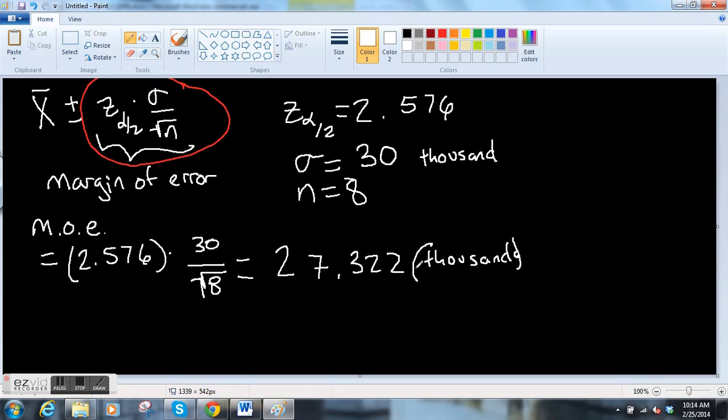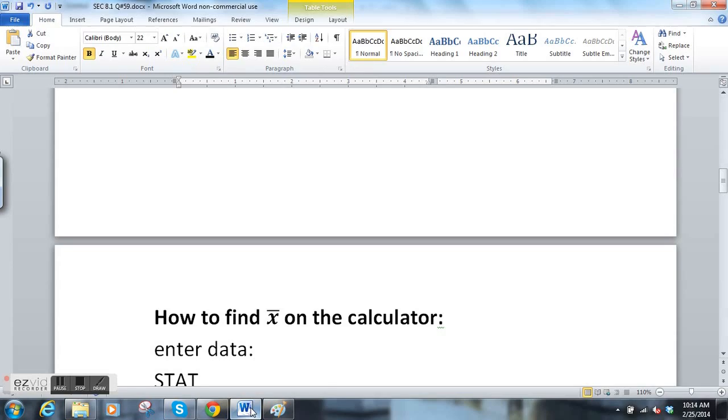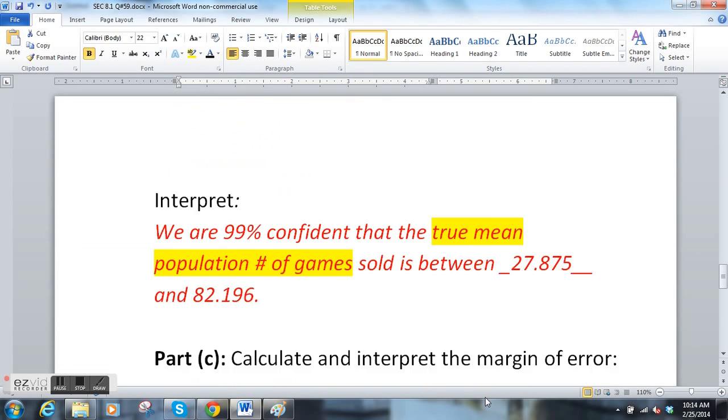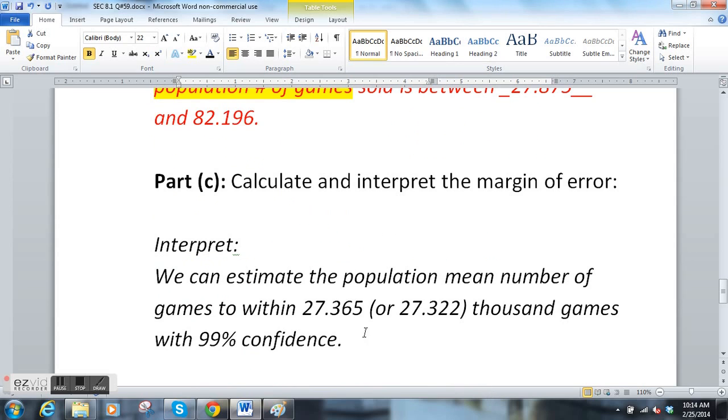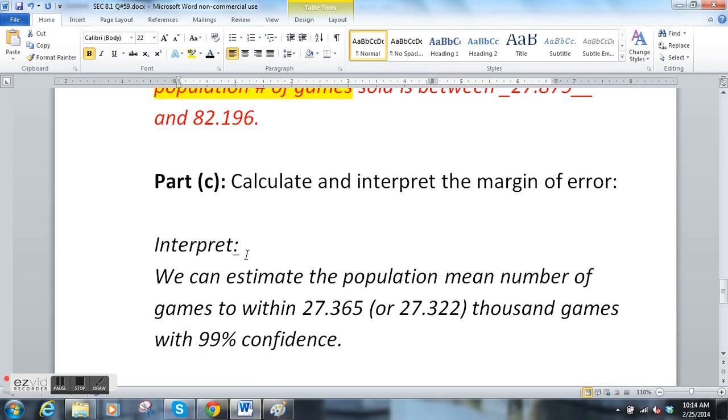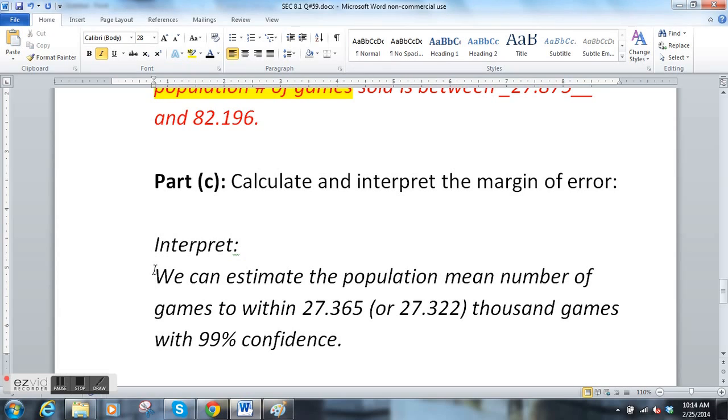So the question asks you to calculate and interpret the margin of error. So we calculated it to be 27.322 thousand. Now we have to interpret it. Here's your sentence for interpreting the margin of error. We can estimate the population mean number of games, so you want to fill this in for your particular situation, to within